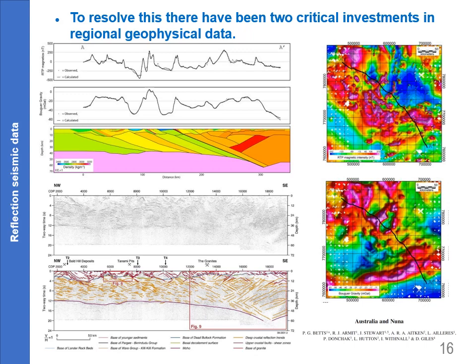Here's a forward model of the gravity and the magnetics of that profile, and you can see a significant suture zone that separates the Aileron Province and more dense rocks of the Aileron Province here in the south compared to the less dense rocks of the Curnamona Province in the north.